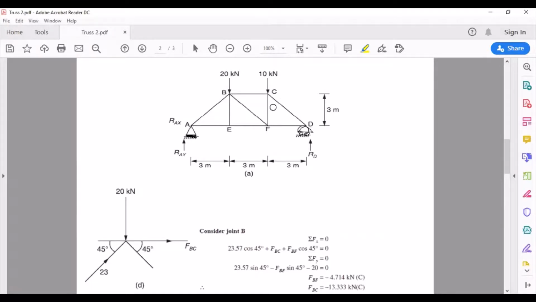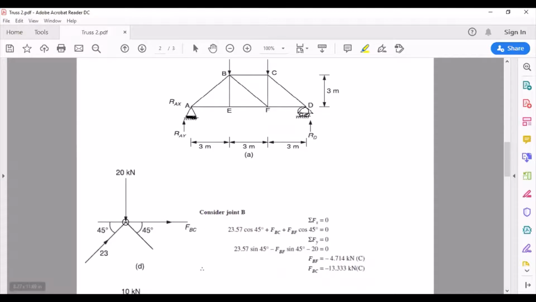Now next option, C. Let us see whether I can take this joint C. If I take joint C, what happens? CB, CF, don't know. CD, don't know. So I cannot take C also. Let us check for B now. If I take B, BA, yes, I know. BE, yes, I know. This is calculated and it has come 0. So you have BF, which is not known, and BC, which is not known. So I can take joint B.